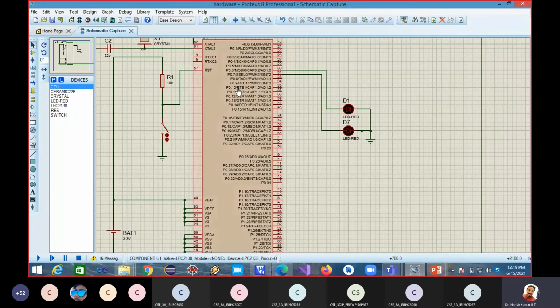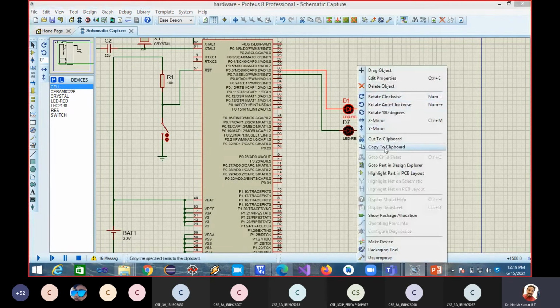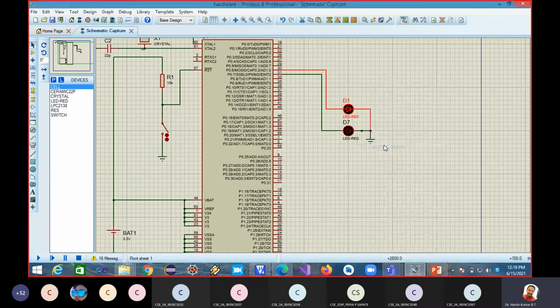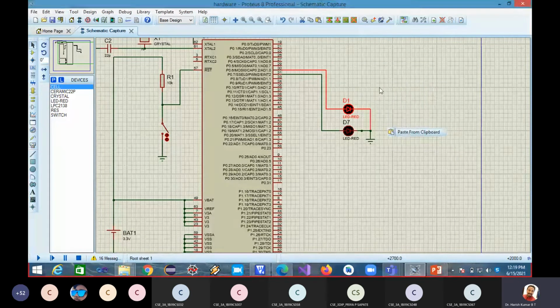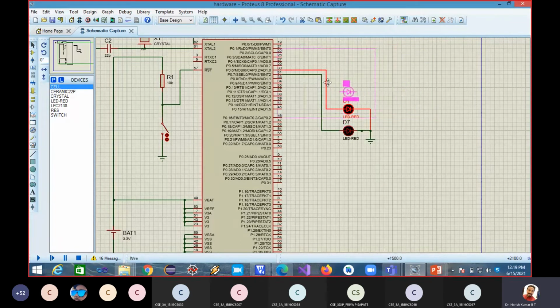So we'll have a common ground for everything. Next, let me copy this. So copy to clipboard, paste from clipboard. Now from 0.5 to this. Okay. Now, so one more, paste from clipboard.